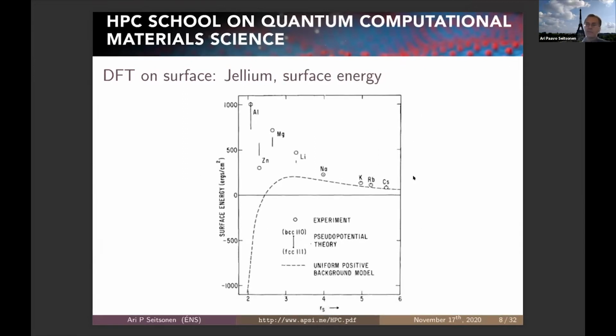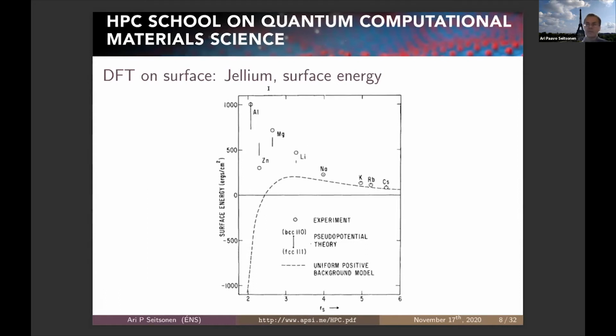Then, to be honest, this Jellium model worked pretty well in the case of the alkali metals. This is again the Wigner-Seitz radius corresponding to these metals. These are, of course, nearly free electron metals, but then it failed already. This is the dashed line. It failed miserably in the case of